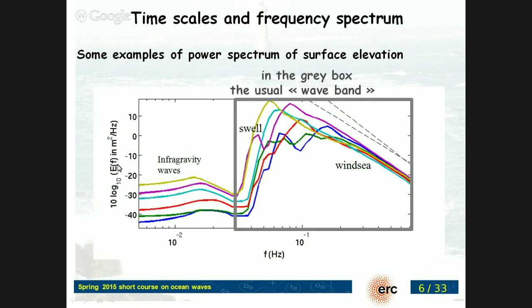So this quantity here, E of f, is the spectral density of the sea surface elevation. The elevation is in meters, so the variance of the elevation is meters squared. And the spectral density in frequency is, as a result, meters squared per hertz. Right? So if you take the sum, or the area under the curve, that will give you a quantity in meters squared. And we tend to call that the energy.